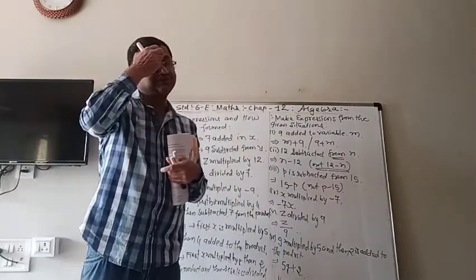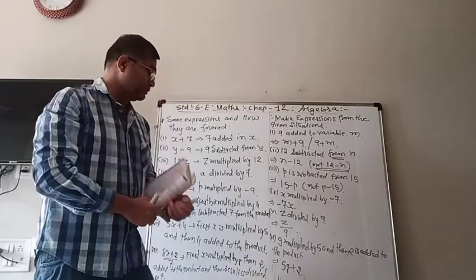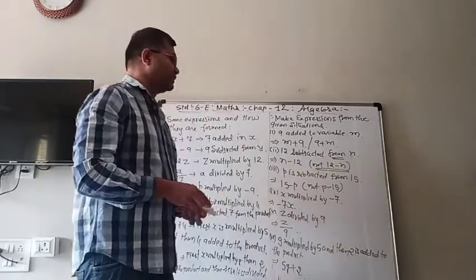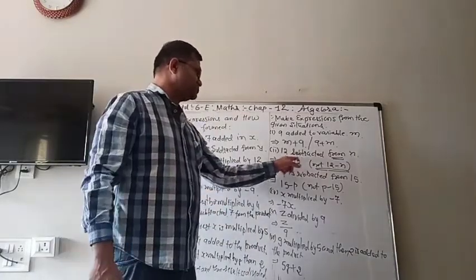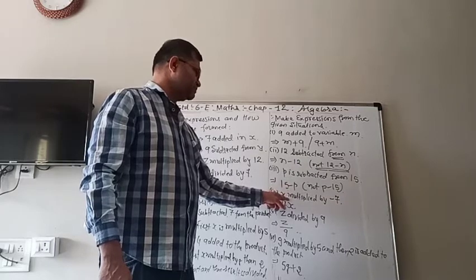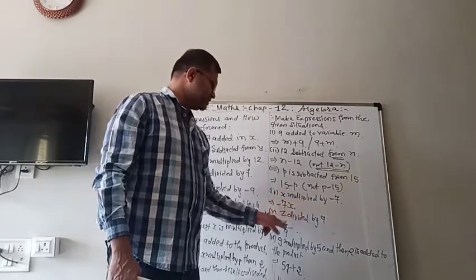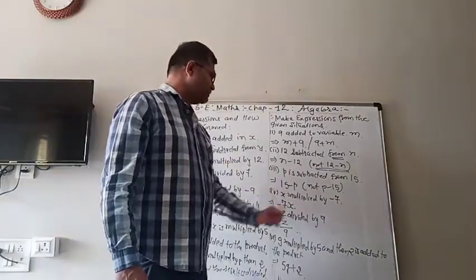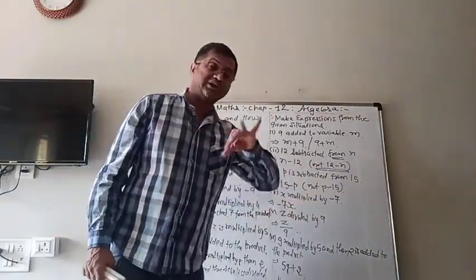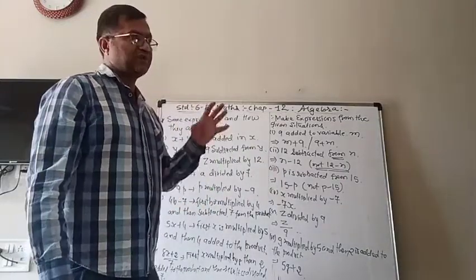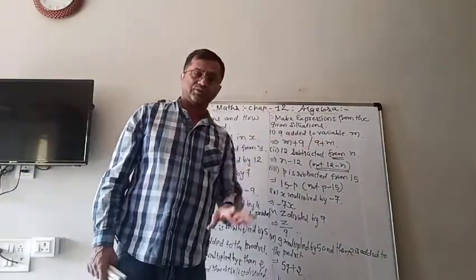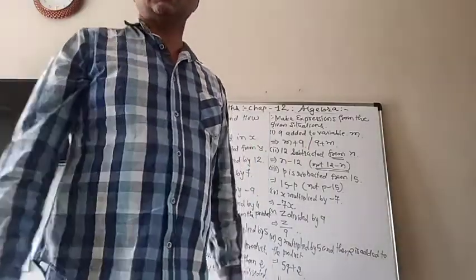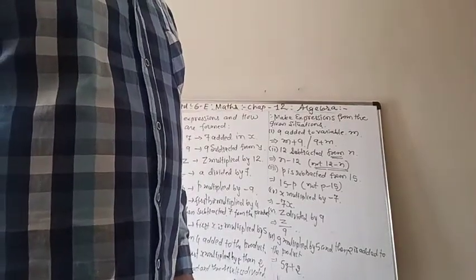So here it is very simple, but some things, as I already explained, should be in your mind, especially when there is subtraction and multiplication. In multiplication, the digit must be at the beginning. So you can't write x, then minus 7; write 5x only, not x5. Because when x is multiplied by 5, people write x5. So be careful while you are writing the expression from the given situation.